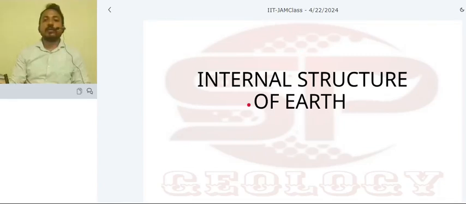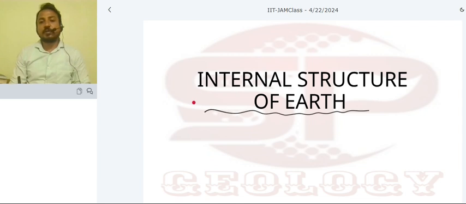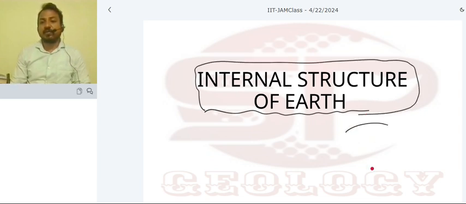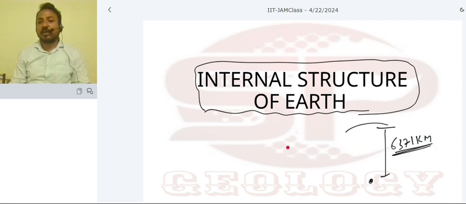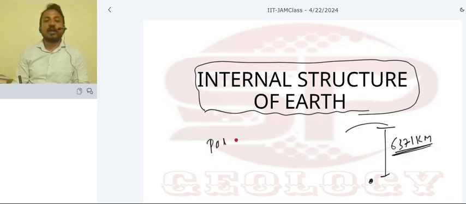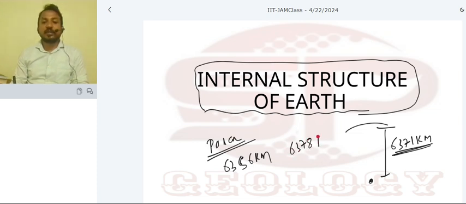So, internal structure of Earth. Earth's interior from the surface to the core. It has a radius of 6371 kilometer. This is the average radius. The polar radius is 6356 kilometer, and the equatorial radius is 6378 kilometer,